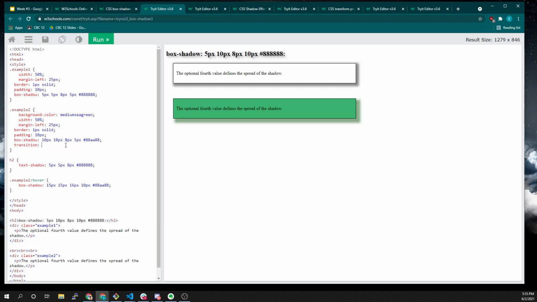All right. So then we would come in here and transition, and we would say box shadow 2s. Right. So we run this. In theory, you can kind of see that shadow growing. And maybe what we also want to do is, because this does not necessarily look the same way, if we were trying to simulate this, we'd want to come in here and say